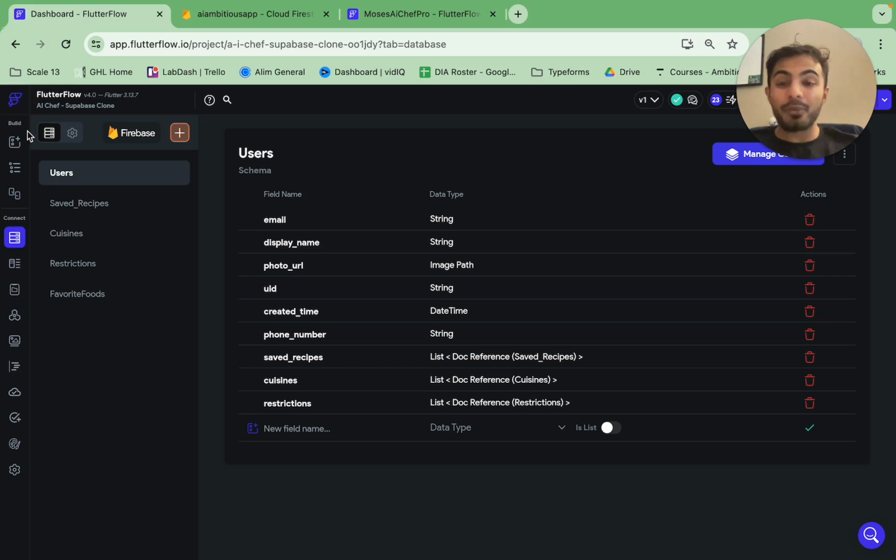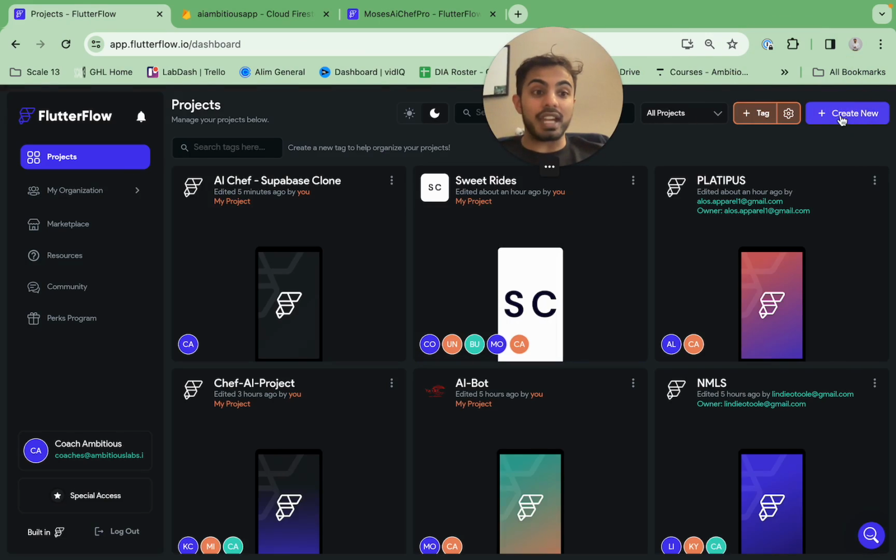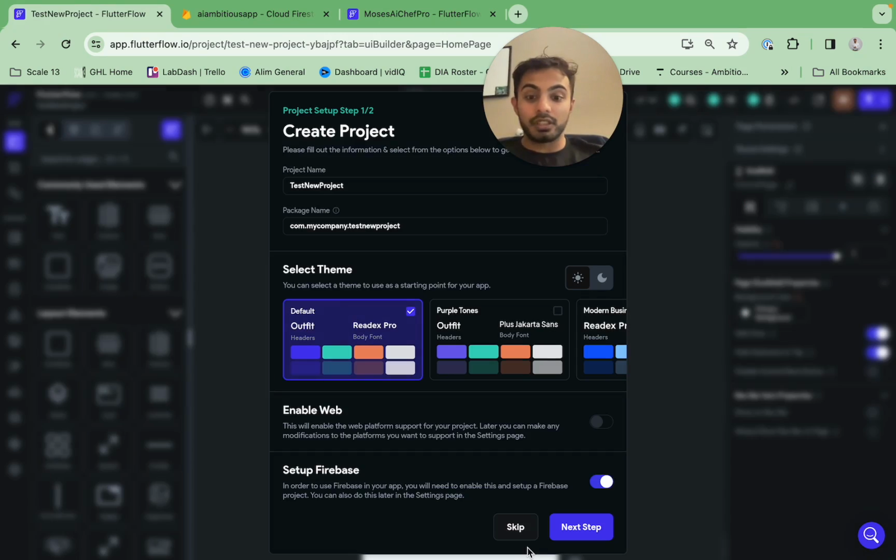Firestore. And when you go to create a new project from Flutterflow, you're actually taken through a setup that encourages you to start with Firebase. Like for example, if we go test new project here and we create blank, you'll actually see that setup Firebase is right here at the bottom. That's because Flutter as a framework and Flutter as a language is very tightly integrated and it works very, very